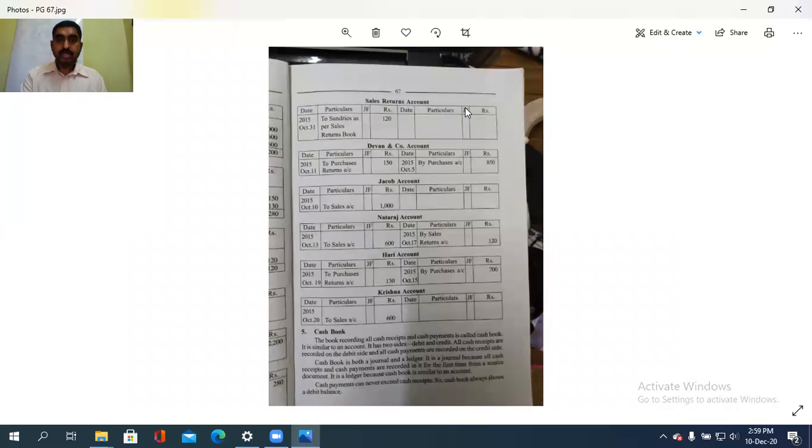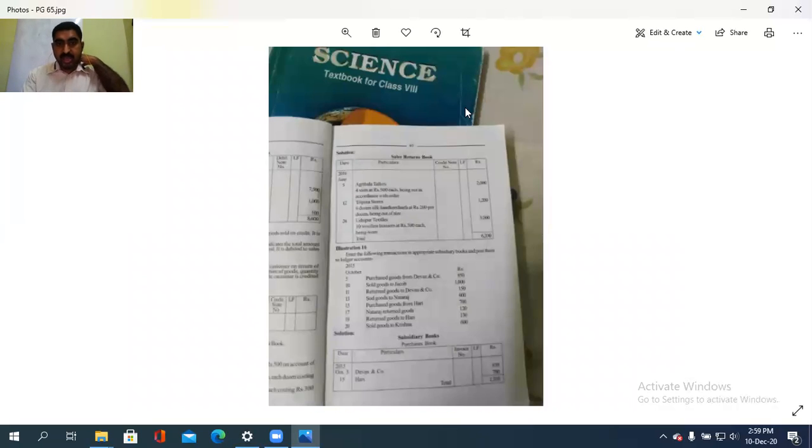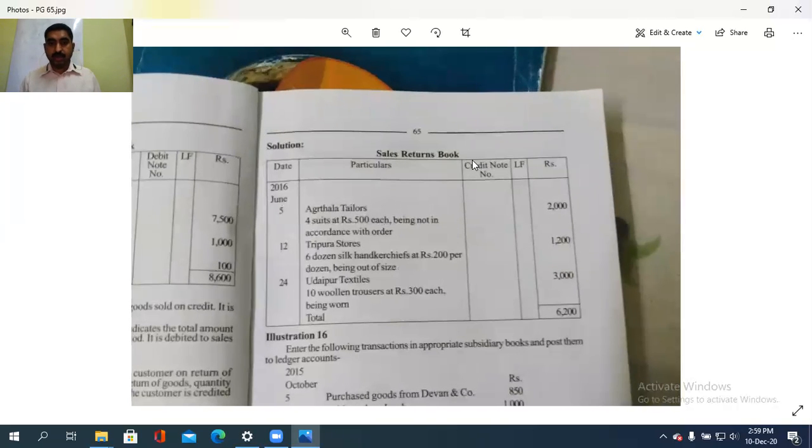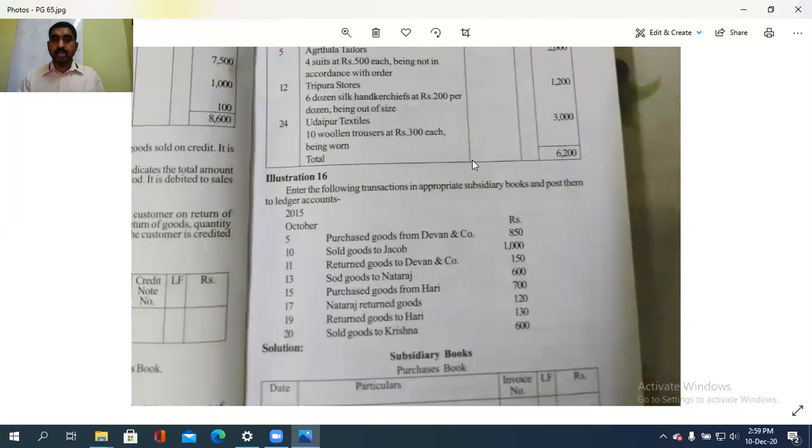And then we need to prepare the accounts of Devan and Company, Jacob, Nataraj, Hari and Krishna. Personal accounts are these, isn't it? What are the entries there? We will pass those entries and check. Purchased goods from Devan and Company: purchase account debtor to Devan and Company. Sold goods to Jacob: Jacob debtor to sales. Returned goods to Devan and Company: